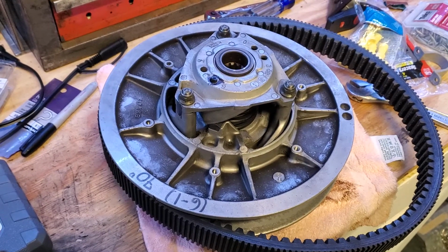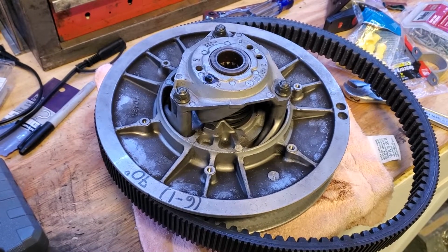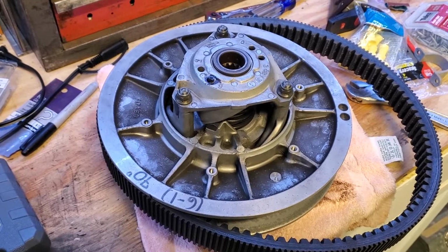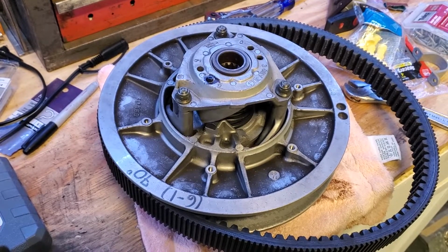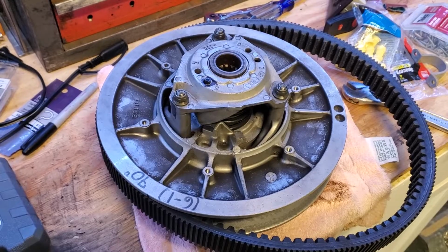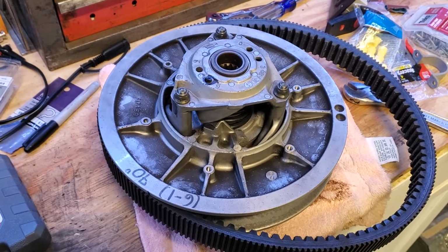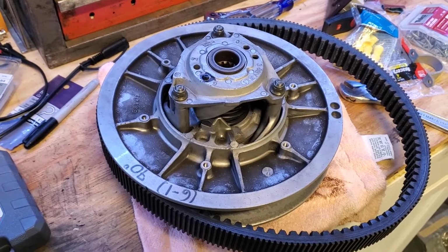Well, we are out in the shop today and we are trying to take a look at this issue we're having with the 2000 Yamaha Mountain Max 700. So last year we put on a new drive belt on the snowmobile. This snowmobile's got almost 7,000 miles on it. It's all original. So we put this new drive belt on and it worked okay for a little while, but